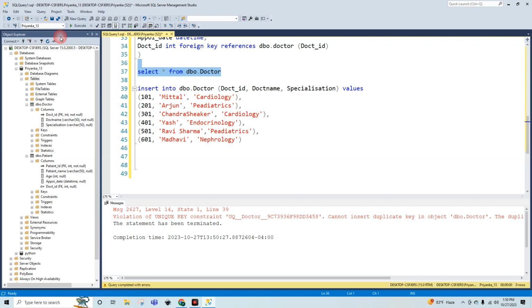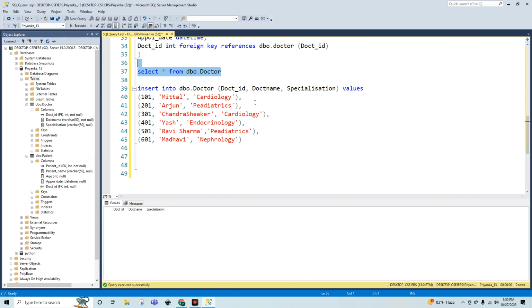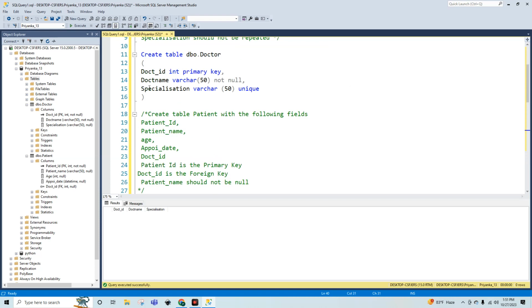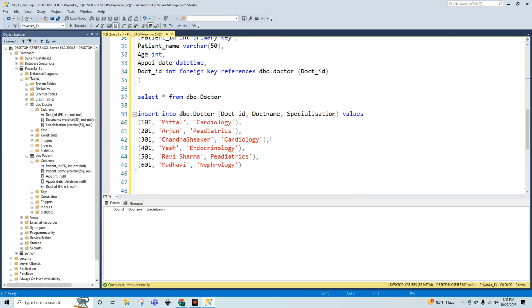So let me just execute it. No, I did not. See, you see two cardiologies in here, and we have mentioned that our specialization has to be unique, right? So that is why this row is not being inserted,